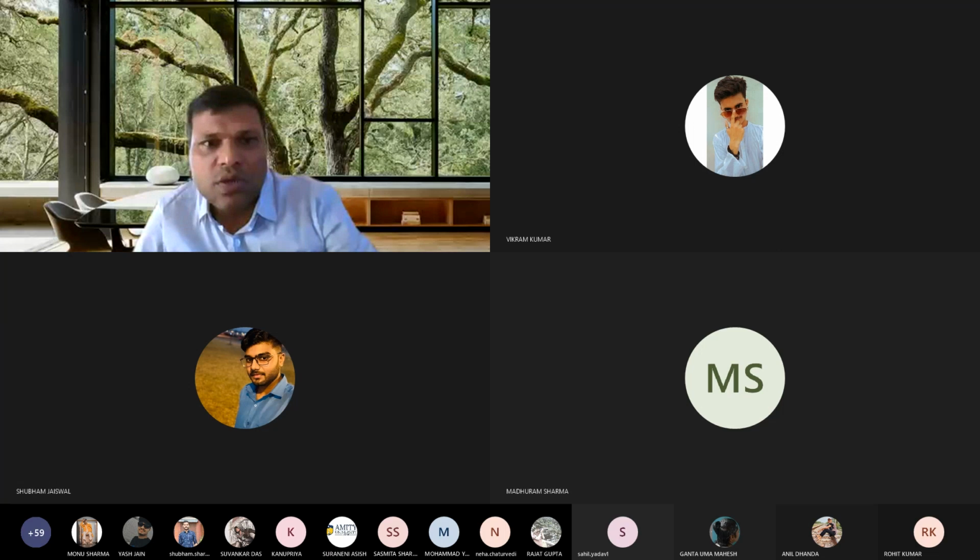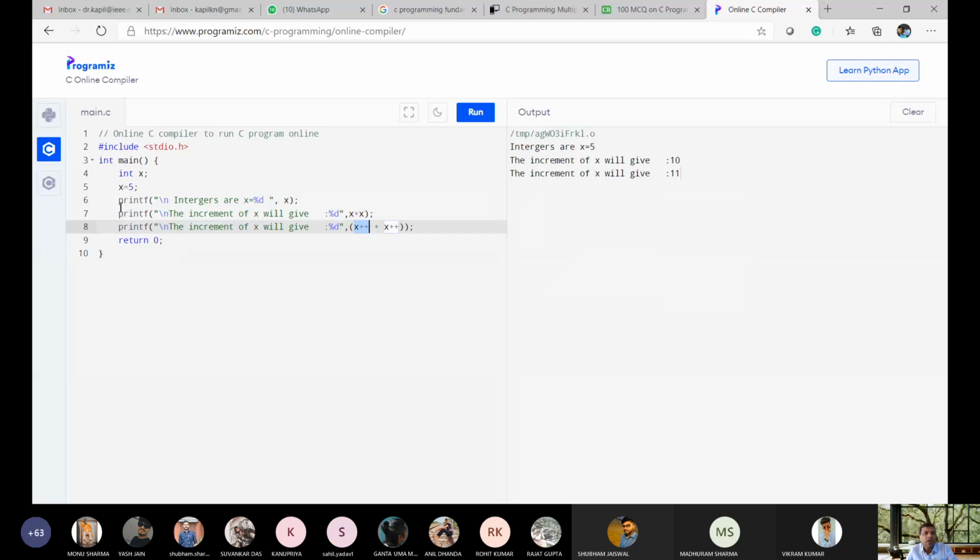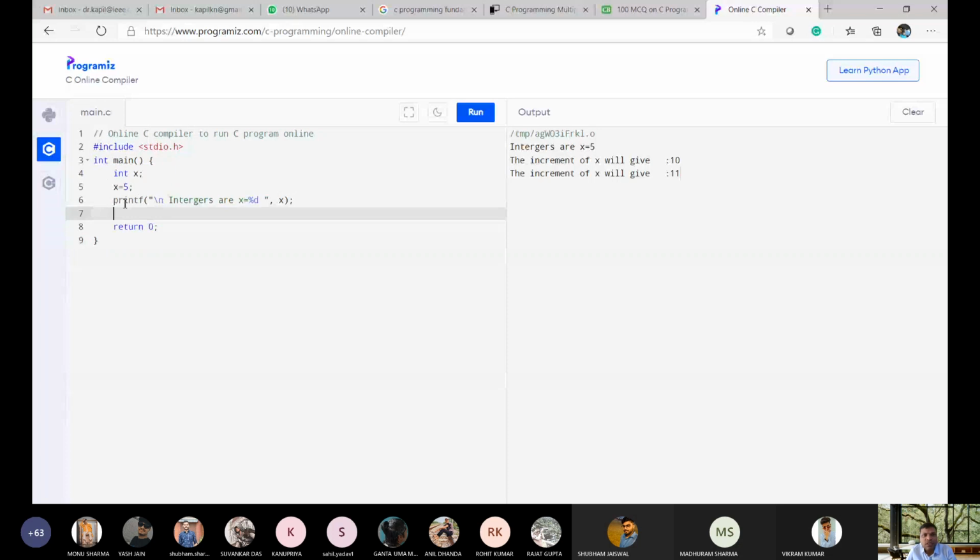So this is your compiler. Suppose x equals 5 is already given. We are not taking input from the user, so whenever you run it, the output will be 5. No doubt, there is no problem.